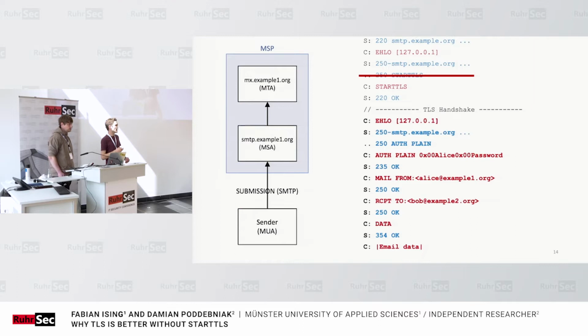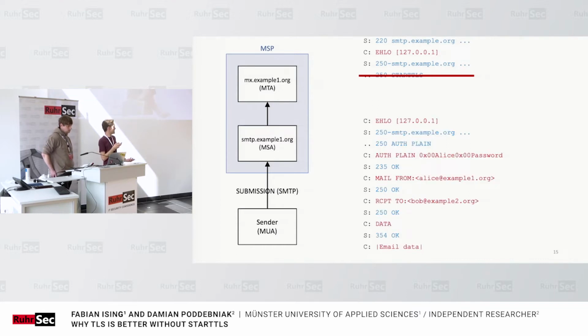Assume again that we have this active meddler in the middle that can manipulate TCP packets. Therefore, they can simply strip the STARTTLS capability from the EHLO response, without the server or the client realizing, because nothing is authenticated here. Assuming that the client is really opportunistic, they will first not send the STARTTLS command, second, not perform the handshake, and third, send everything in plain text. This is, of course, pretty problematic because Alice's user credentials and their email will now be transmitted in plain text, with the attacker still listening.